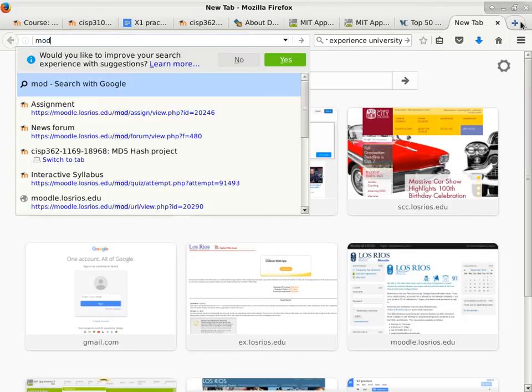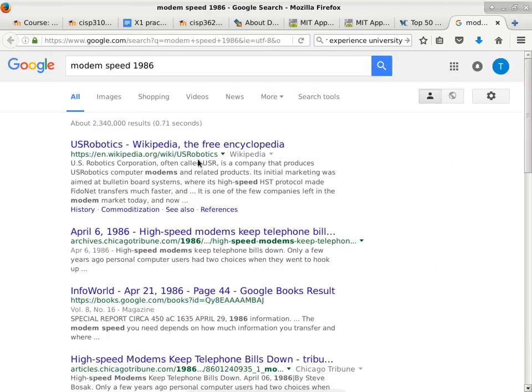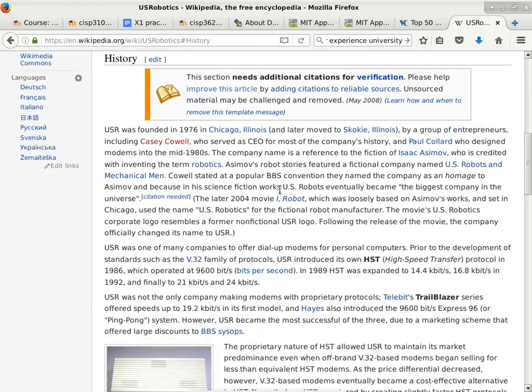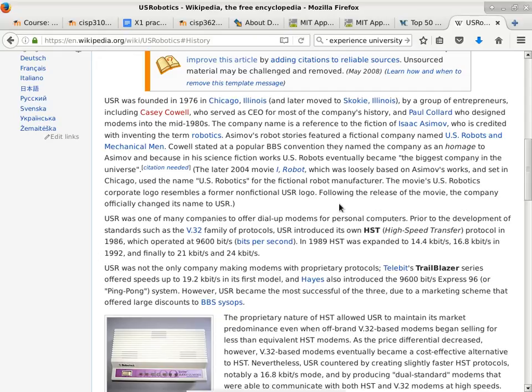Modem speed in 1986, 30 years ago. Okay, so we can look at the history. So we're looking for the time frame. 1989 went up to 14.4. You guys can read a lot faster than me. 1986, 9600. Yes. Oh, right here. So it introduced the quote-unquote high-speed transfer protocol in 1986, exactly 30 years ago, which operated at 9600 bits